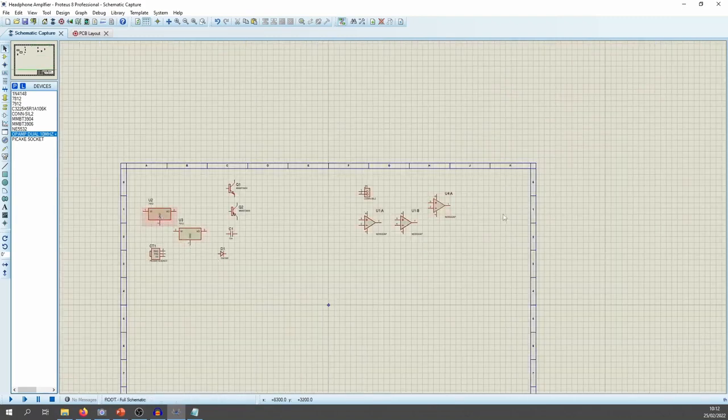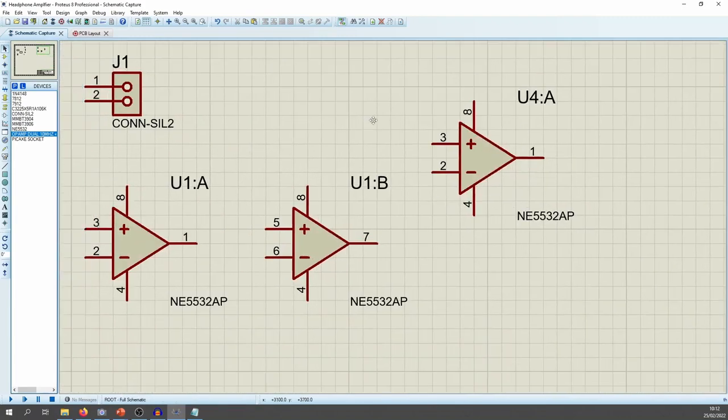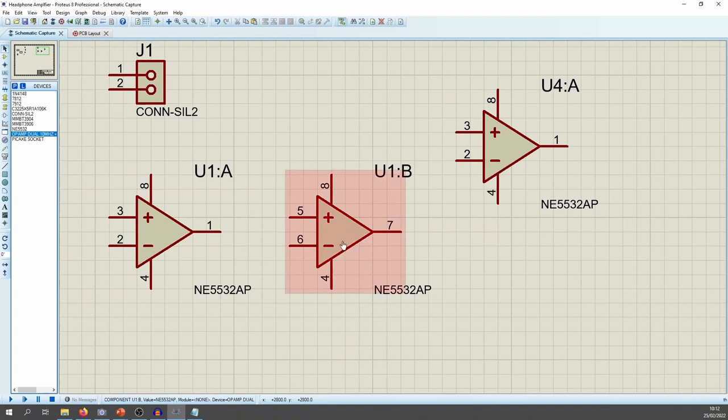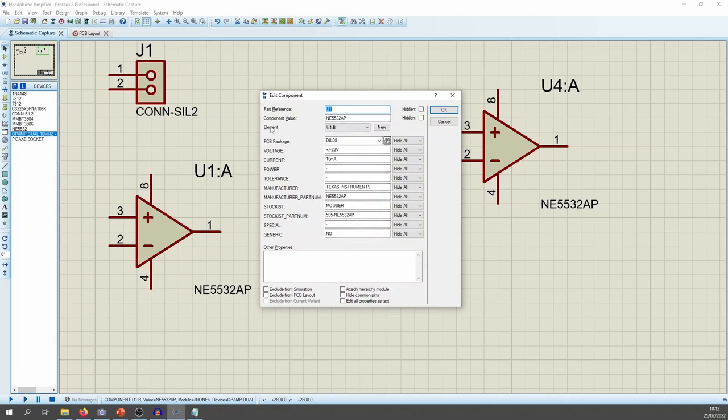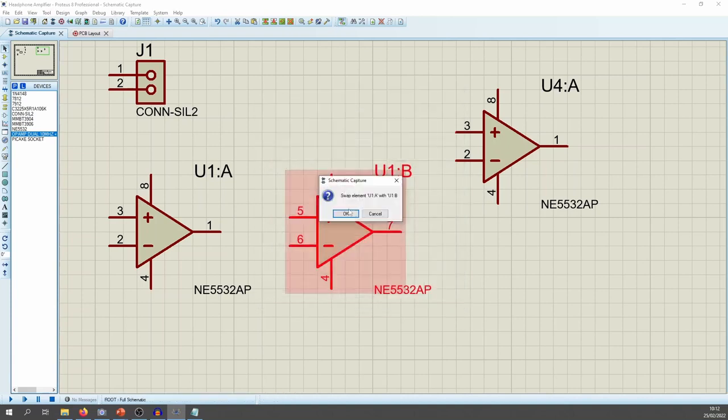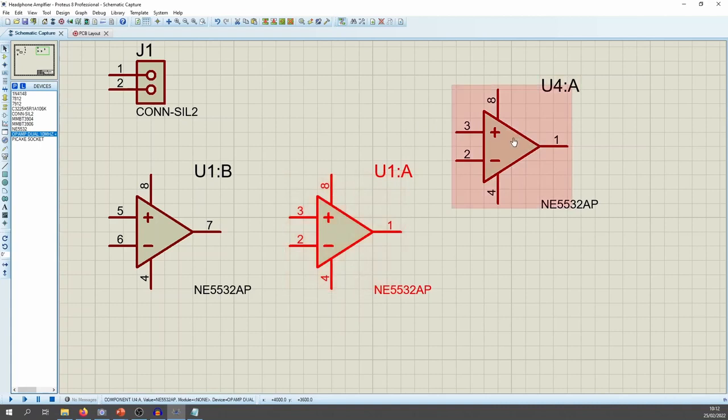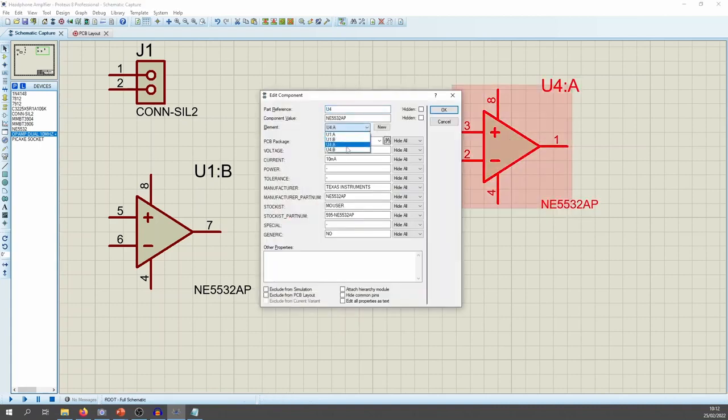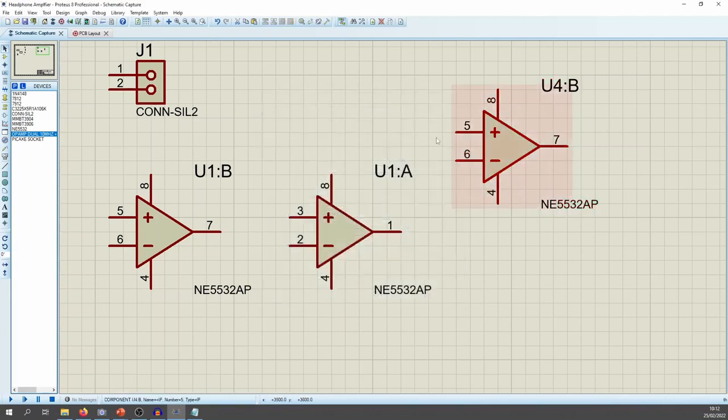Now, what you can do, and this is quite cool, if you want to change the gate of the part, double click it, and see the element thing here? You can select, because I've got U1 and U4 placed, it knows that those 4 op amps are available to use. So you can just click. I wonder what if you do that. Swap. It swaps it. That's quite cool, isn't it? And then U4B. So if you're not using U4, the B part,